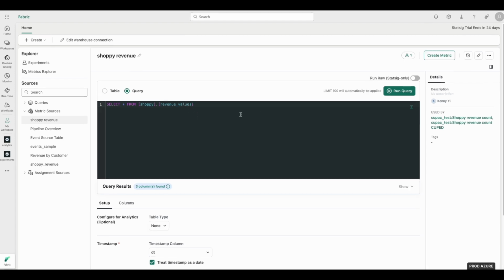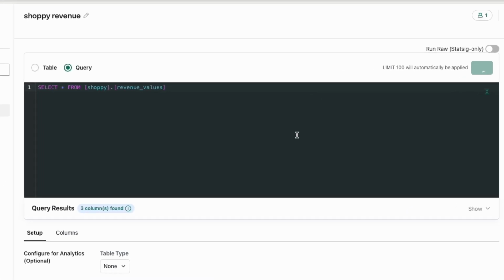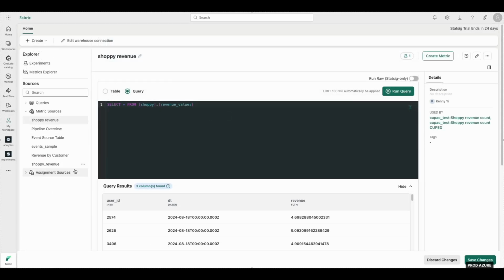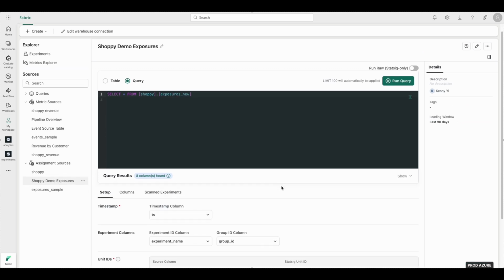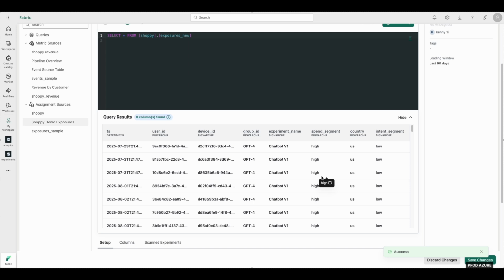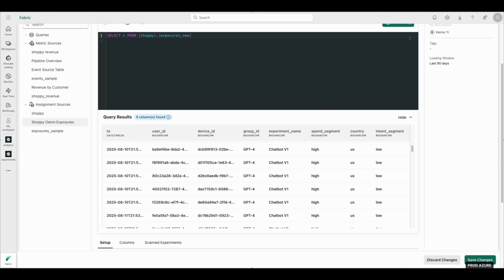Here I define total revenue and checkout click-through rate from my existing data tables as Shopee revenue and event source table. Next, I connect to the assignment sources that contain a list of exposure data for different experiment groups like control and variance from past runs. Without moving or re-ingesting data, I have linked Shopee demo exposures so I can analyze experiments against the selected metrics